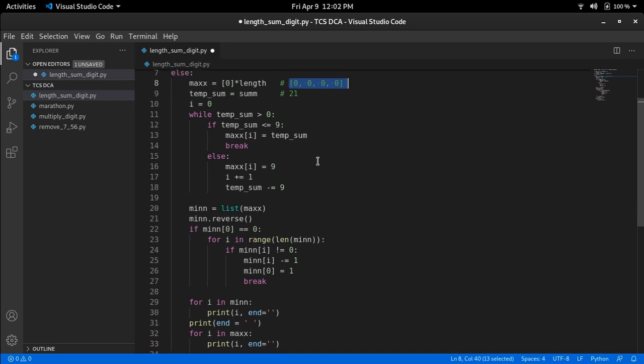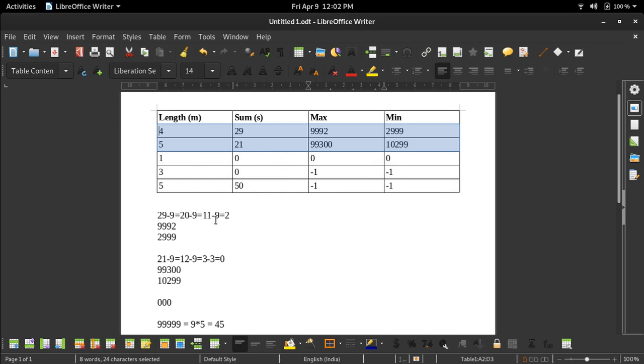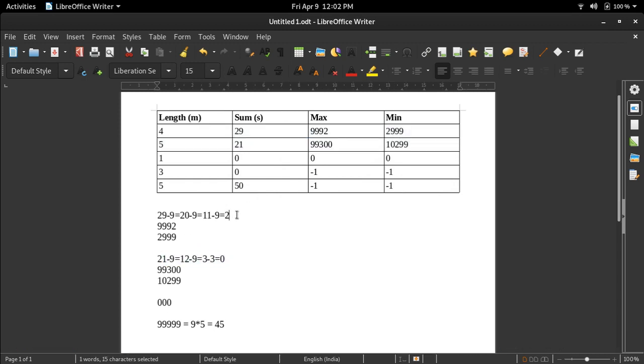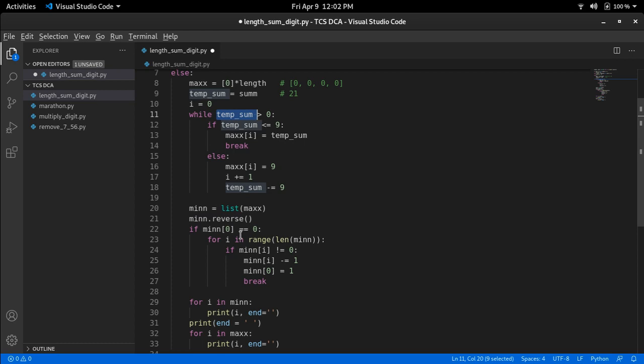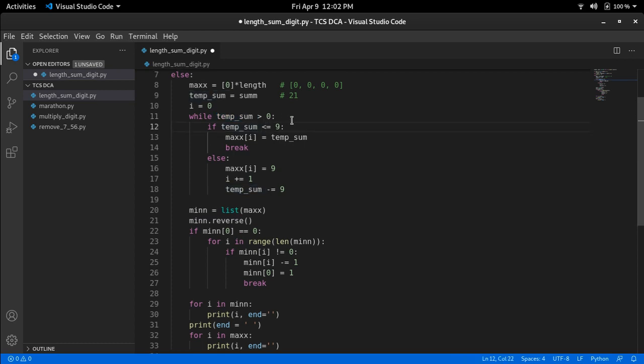Now we are running this loop until the sum is greater than 0. That is what we checked here. Until we have a value greater than 0, we will keep running this loop. So now let's directly jump to the execution of the loop.